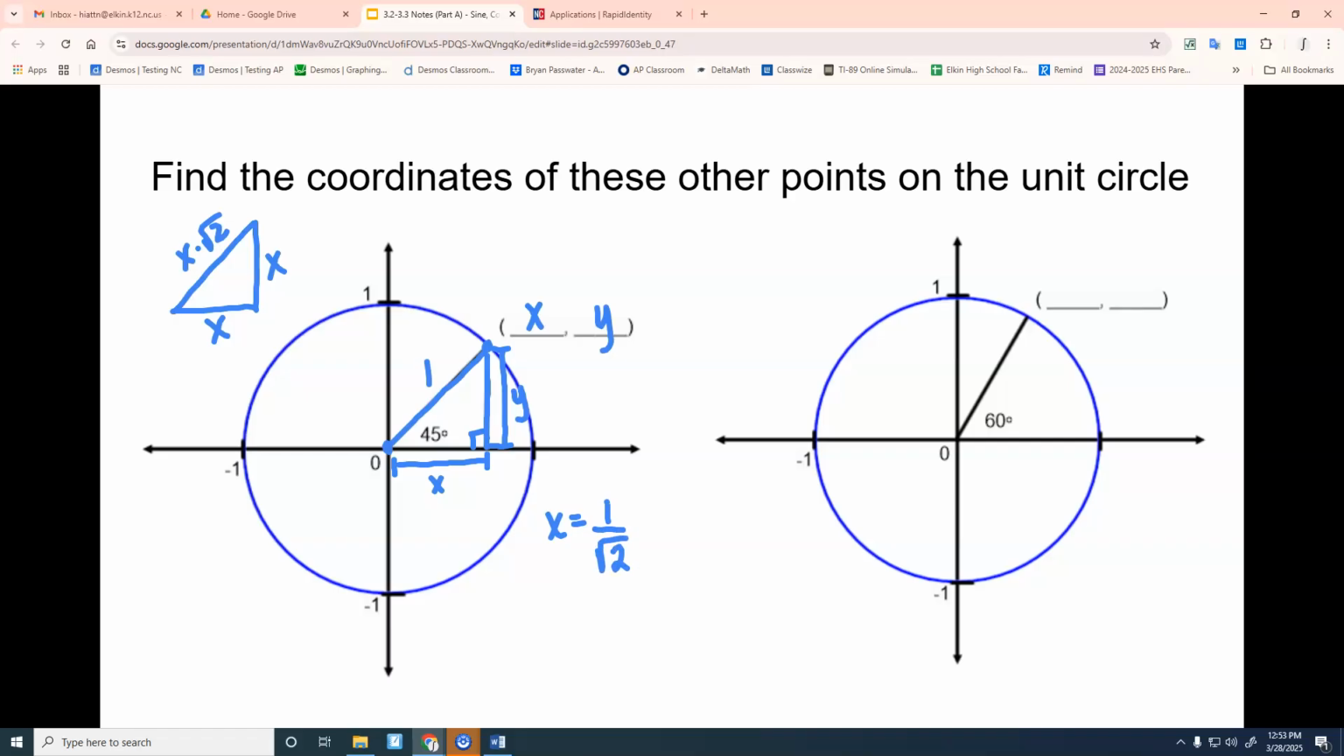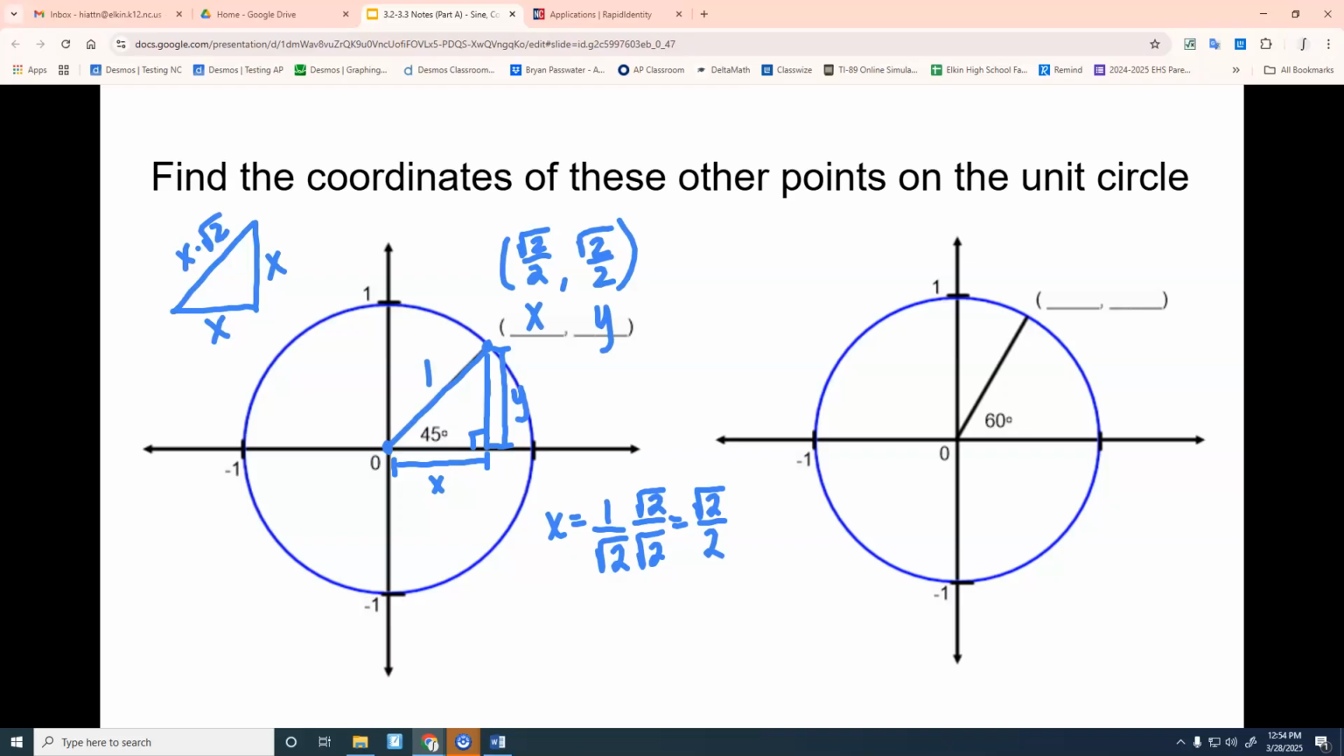And here's why I made you rationalize, because they're not going to let us leave it like that. They're not going to let us leave it 1 over the square root of 2, although it is the correct value. So you're going to have to multiply by square root of 2 over square root of 2 to rationalize that, which gives you square root of 2 over 2. And because that is an isosceles triangle, both of the coordinates are square root of 2 over 2 for that point there. So that goes for our